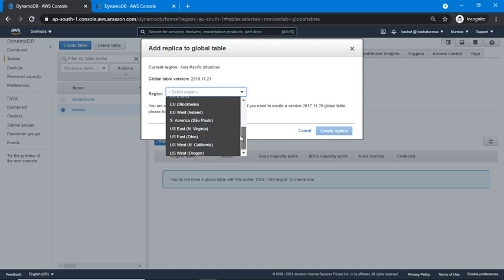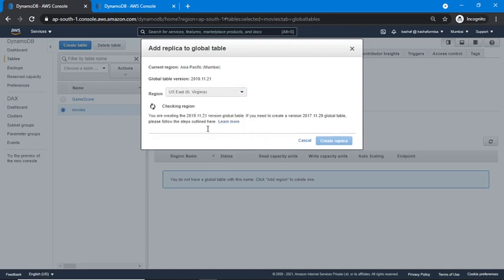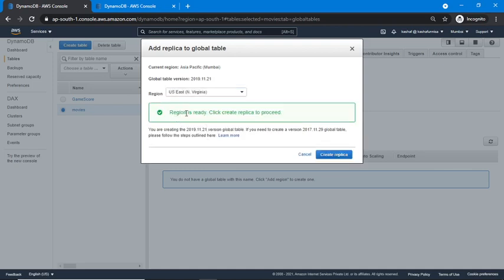So here I am going to select US East, Virginia, and for this now you can see the region is ready. Click create replica to proceed. So you can click on this create replica and it will create a global table in this North Virginia region for you. And it will take some time, up to 5 to 10 minutes.